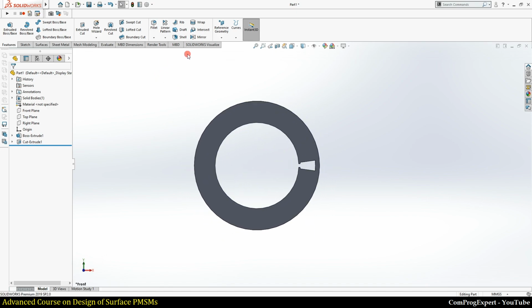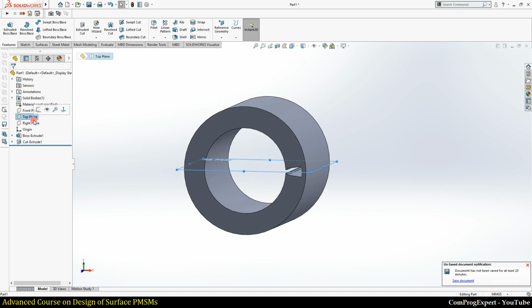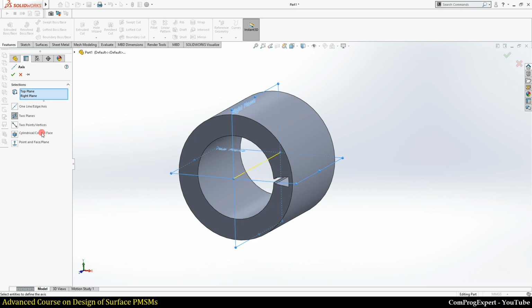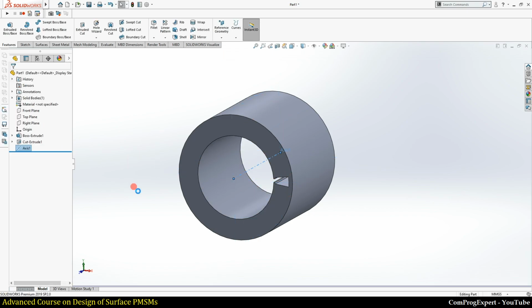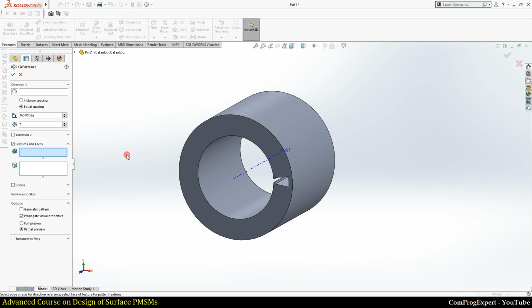Now let's generate a reference axis. I select this plane and this plane, the right plane and top plane, and generate a reference axis. So this is the reference axis. Now I can use it to copy this pattern, a circular pattern.